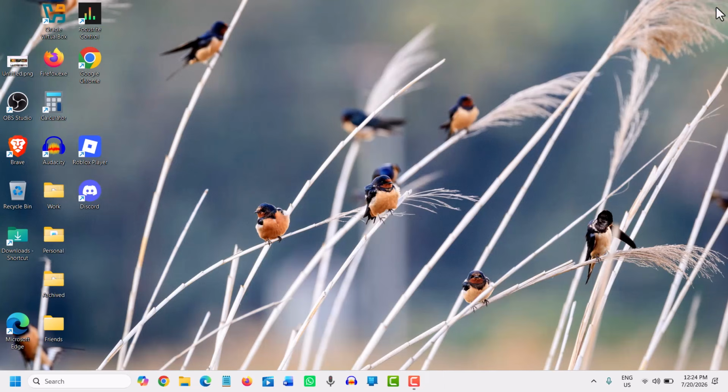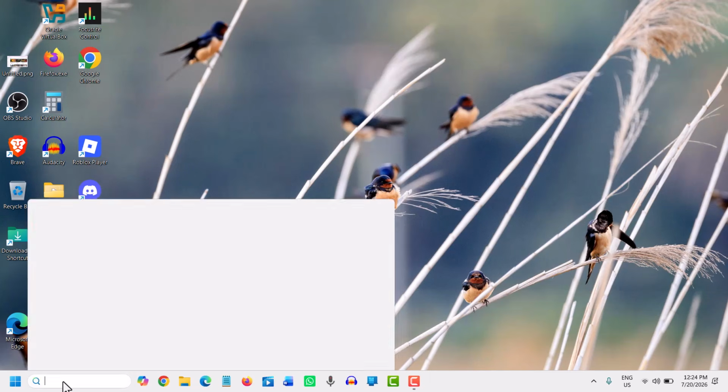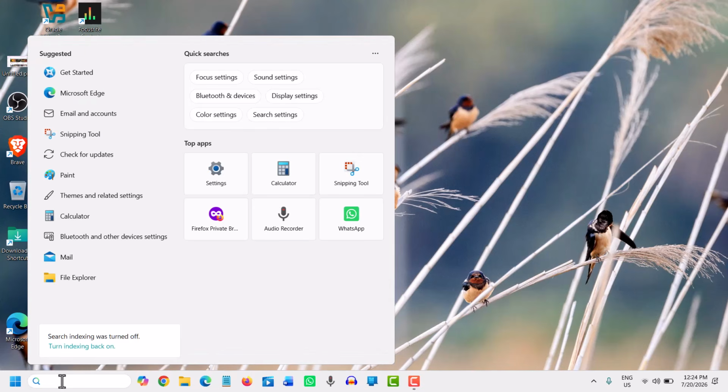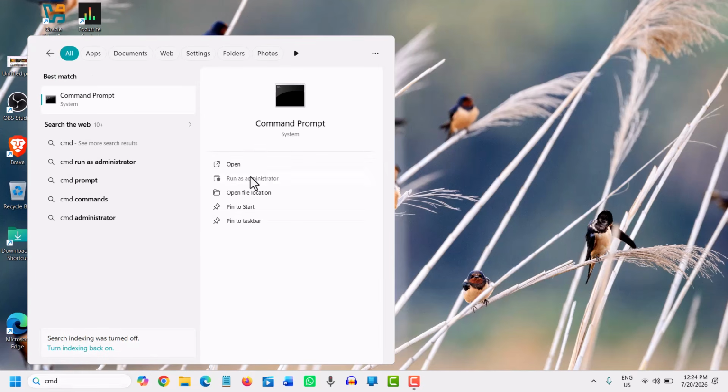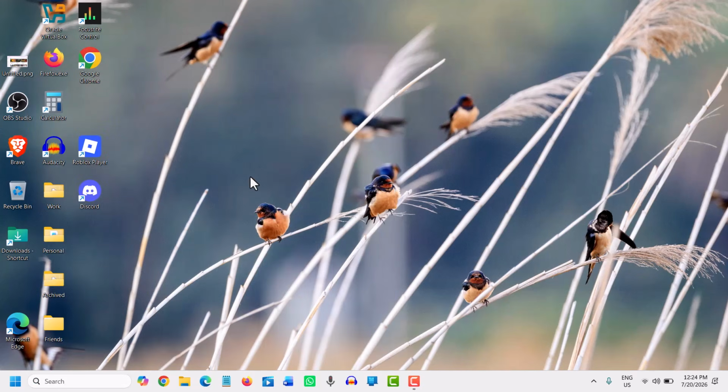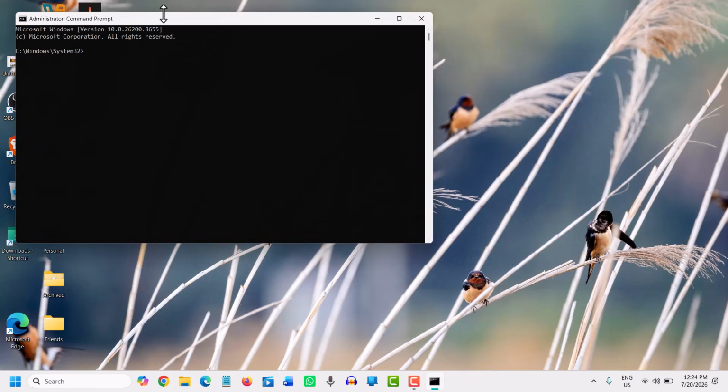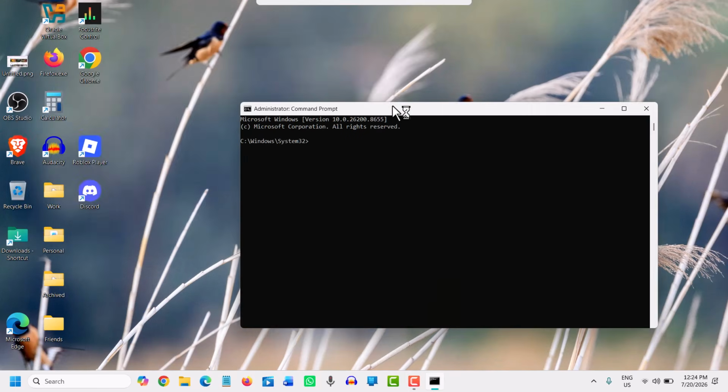Now, one of the most important parts is to repair the computer and then restart. The final step is very important. Please make sure you do not skip this step. Type CMD, then Run as administrator. It will ask you to say yes. And here we will type